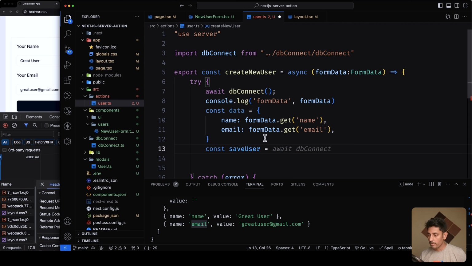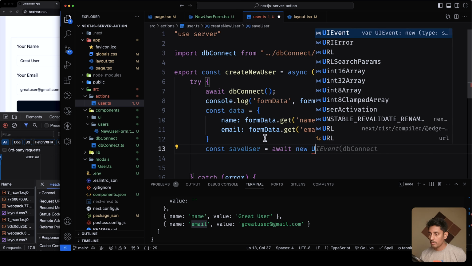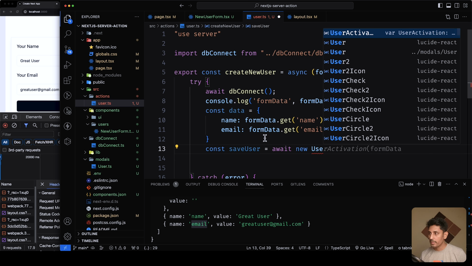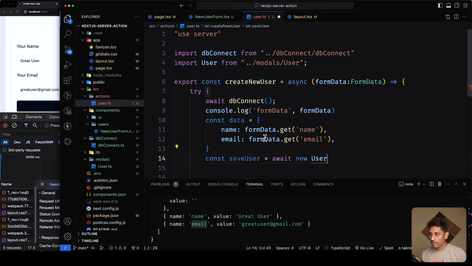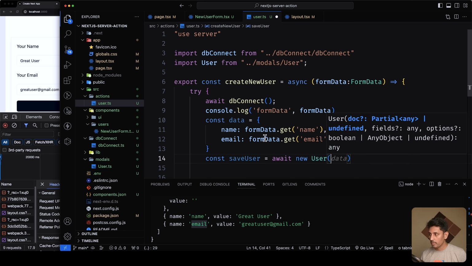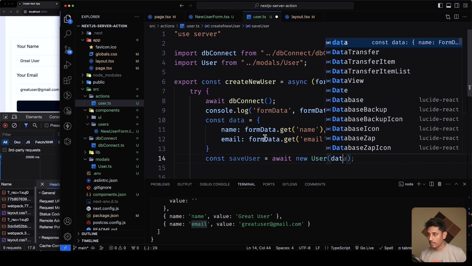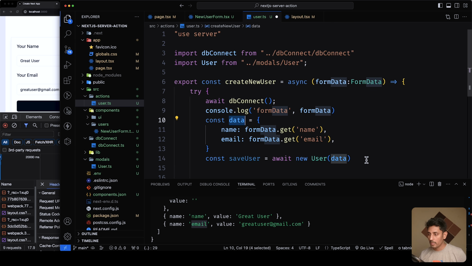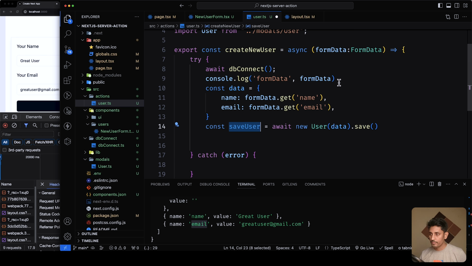User, and this should be user. We have created the user model already, right? Yes, user, and here we'll write the data because we just received the data, and we also save this. Save. Fine. Now if I console this,